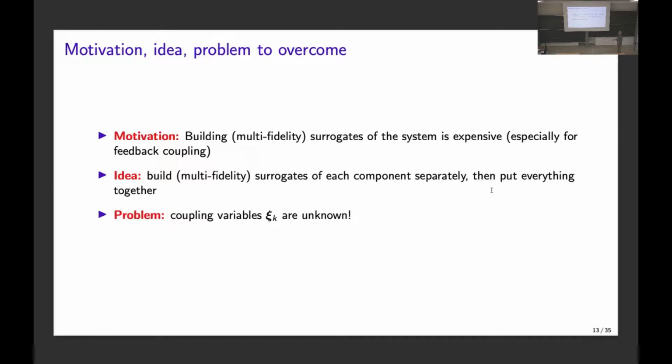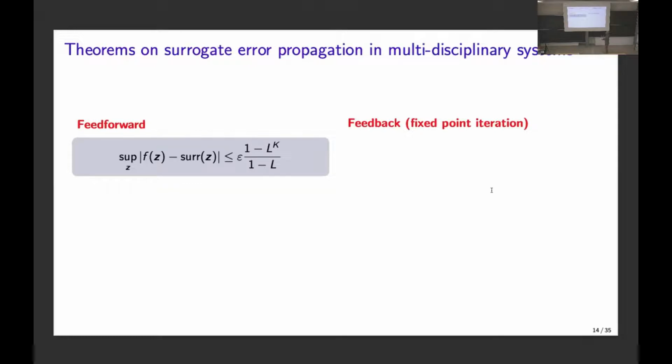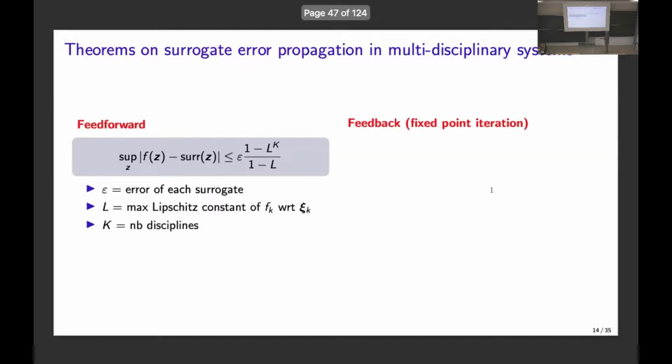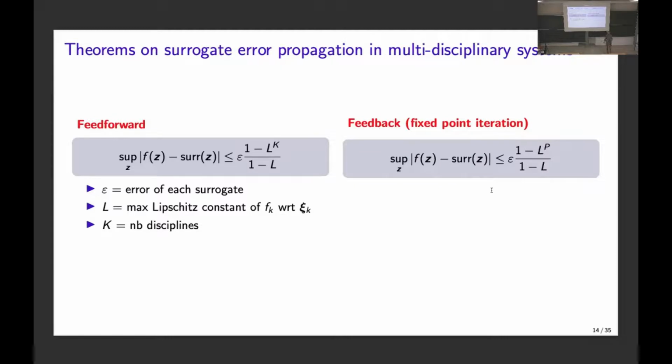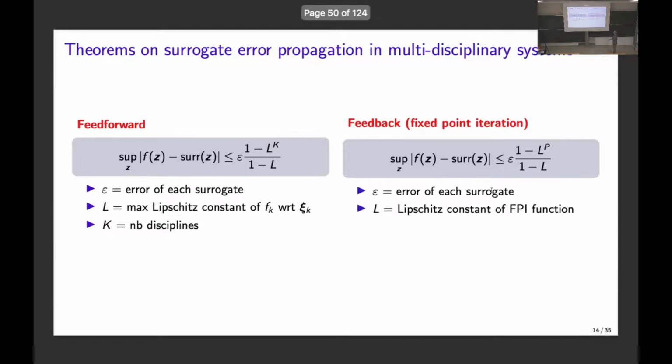Okay? So the technical issue is how I go about dealing with these X's that I don't know a priori. This is one piece of theorem. Here I'm talking about replacing the actual response function of each block with the surrogate. That entails an error. How do the errors of each component propagate throughout the network of models? It's actually just a matter of taking care of the Lipschitz constants of each block with respect to the coupling variables. This is no worries. The message here is no worries, everything's under control.